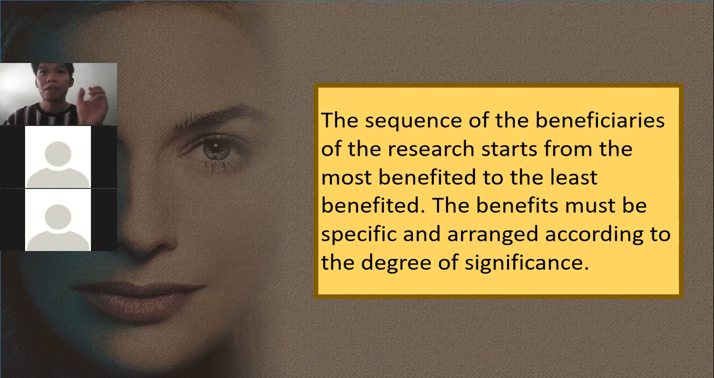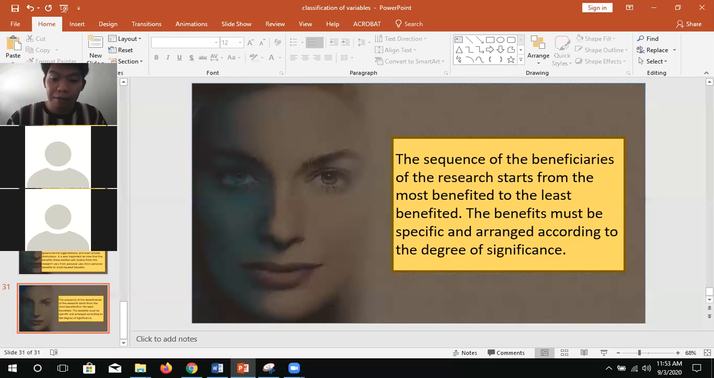So usually, sa significance of the study, yung naka-arrange by alphabetical. But there are also format na gaya nito, according to the degree of significance. Sino yung number one group of people or persons, number one organizations that can benefit your research? Kaya halimbawa,